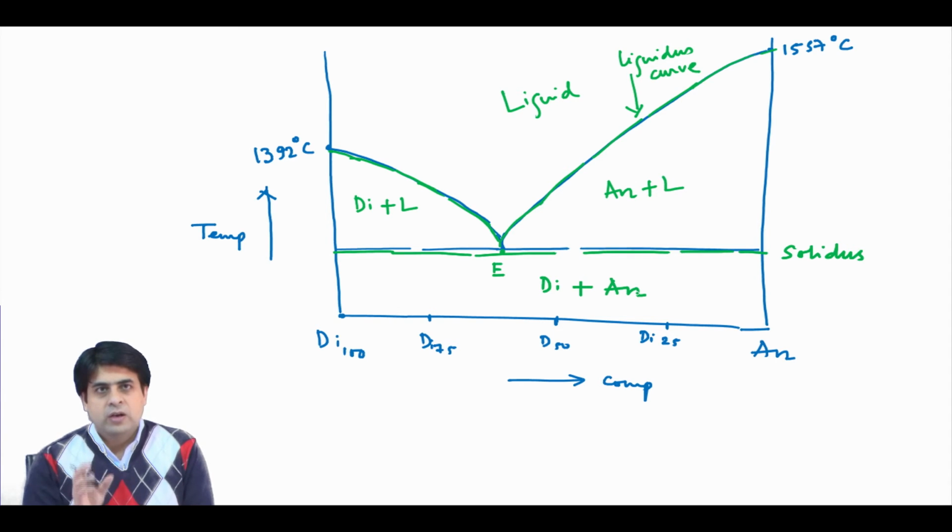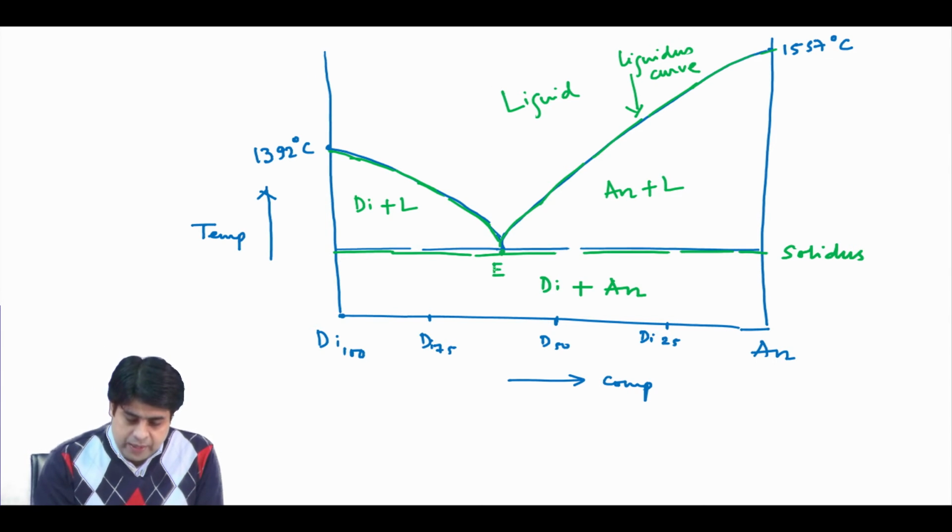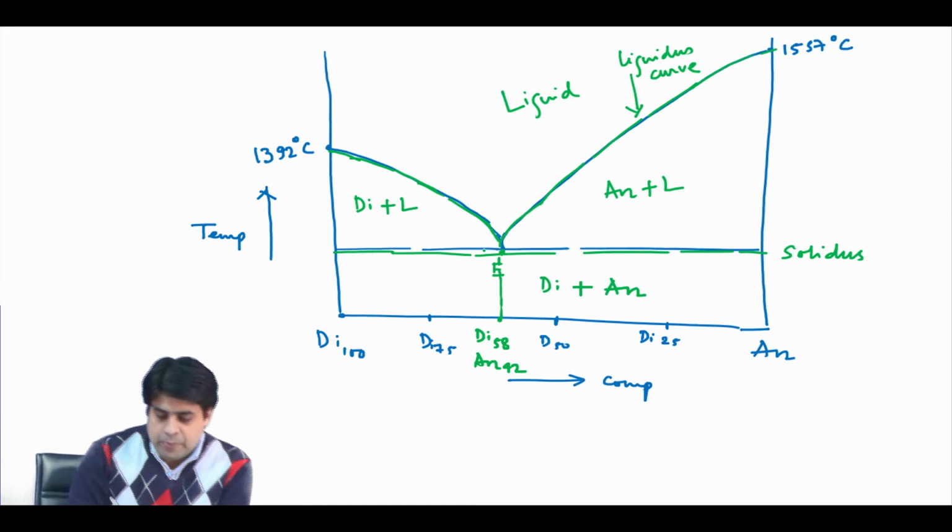So, you have a pure solid diopside phase and a pure solid anorthite phase below the solidus. At the eutectic, if you write down the composition at this point, your diopside is 58% and anorthite is 42%, and the temperature at this point is close to